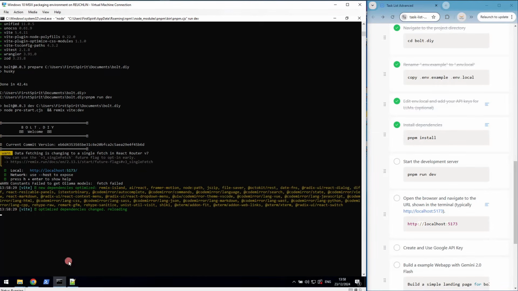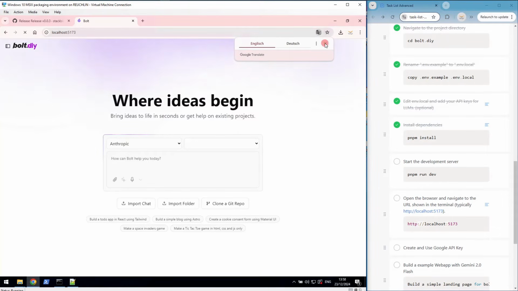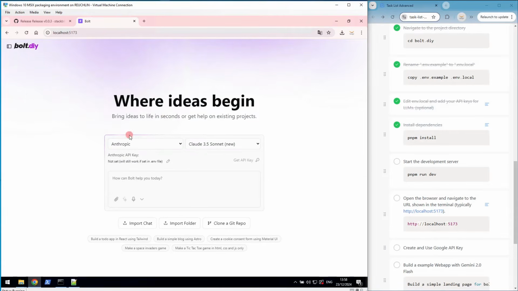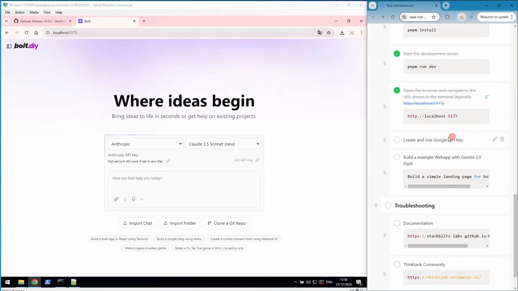Yeah, now you see the dependencies are changed, so we just do a reload, and now we got the UI of bolt.diy. So we can check this step, and we can go on with the next step,